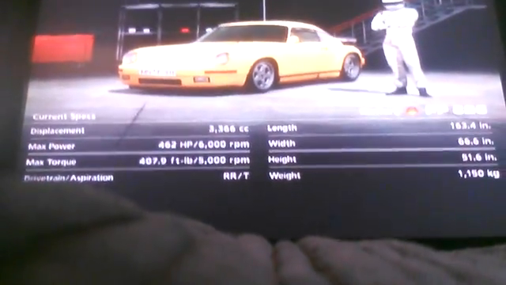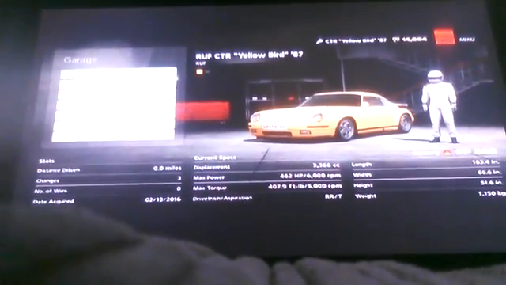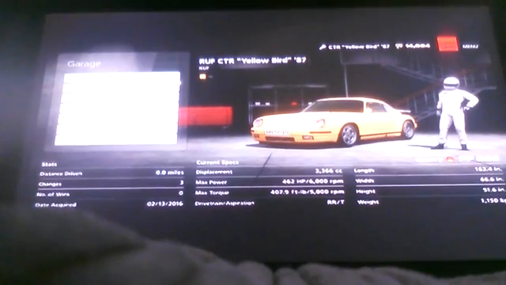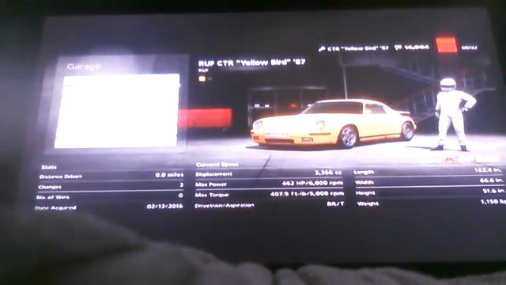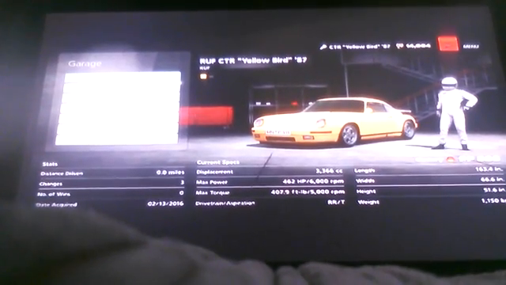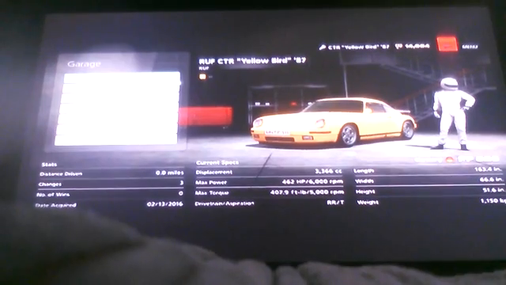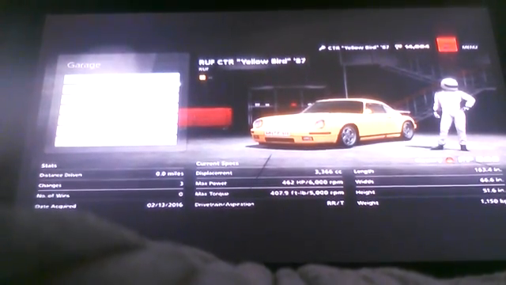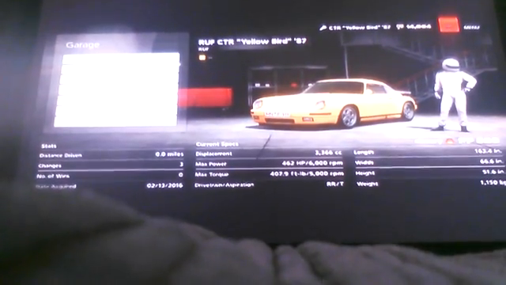462 horsepower, 1,150 kilograms. Yeah, this thing is gonna fly off like a jet. Yellow Bird, more like Yellow Falcon for its speed. Yeah, this thing's top speed is 222 miles an hour. So yeah, I would recommend this car for races. Just stiffen it up a little bit, and man, you got a car that could possibly get you through